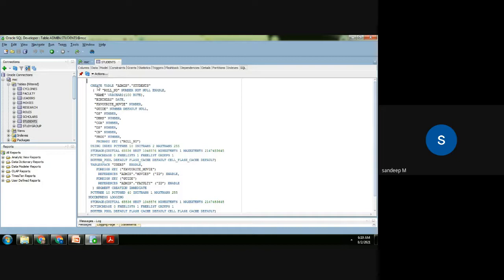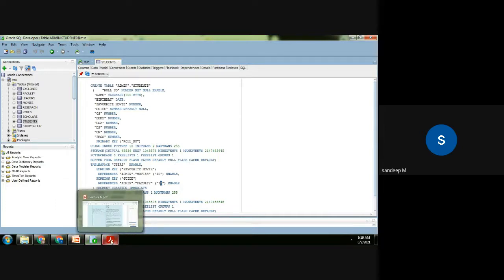So here, when the students table was created, if you see guide, we've given a number data type, and if you see here, it's foreign key. Guide is referencing the faculty table, the ID column. So when we're defining the table itself, we have said this guide is a foreign key. It will be referencing the primary key in the faculty table. So this is very important. This linkage is very important.